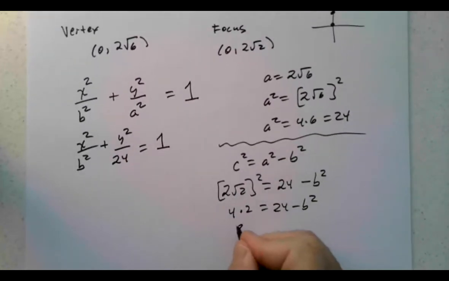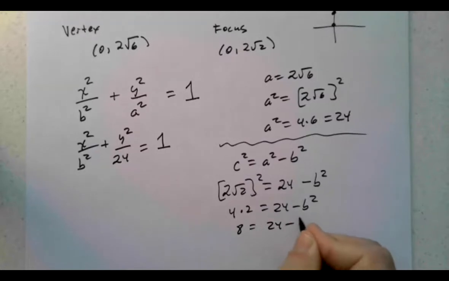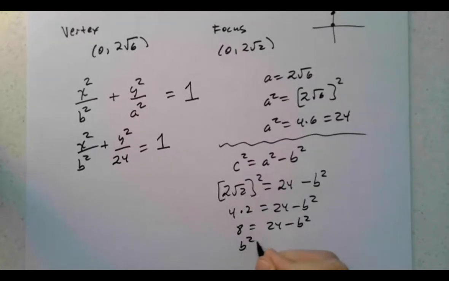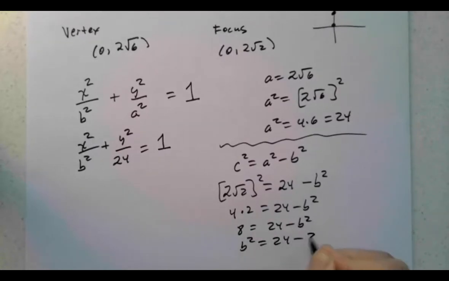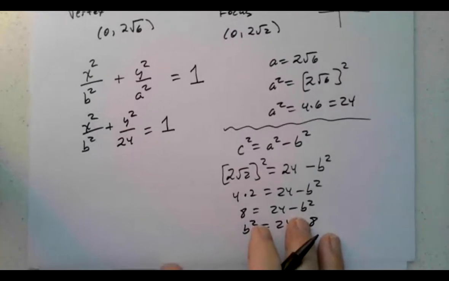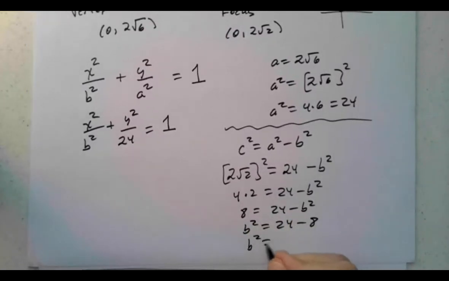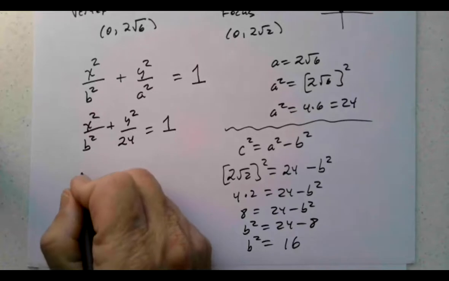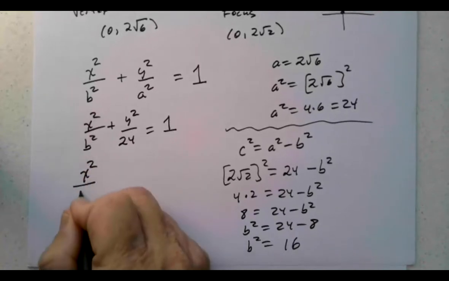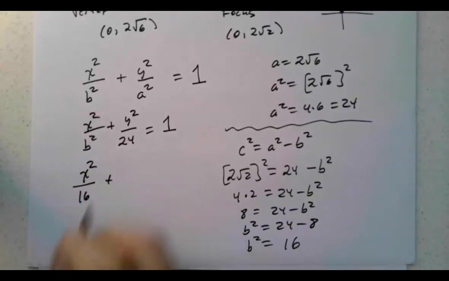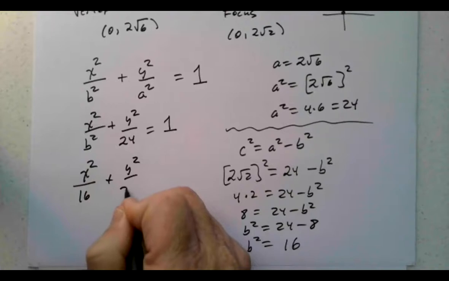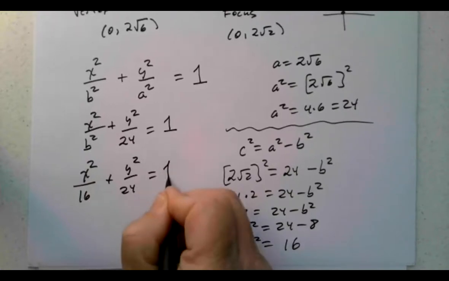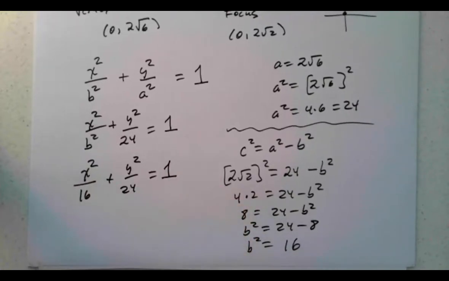So 4 times 2 is 8, which equals 24 minus b squared. So b squared is 24 minus 8. b squared is 16, which gives me the equation we're looking for. So x squared over b squared, x squared over 16 plus y squared over 24 equals 1. So let's quickly draw that on Desmos